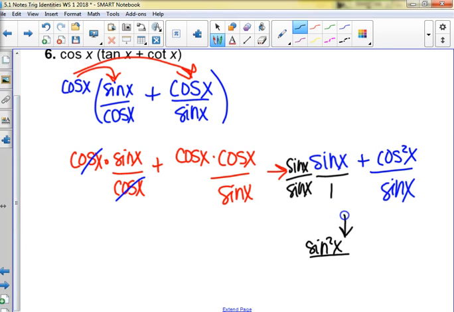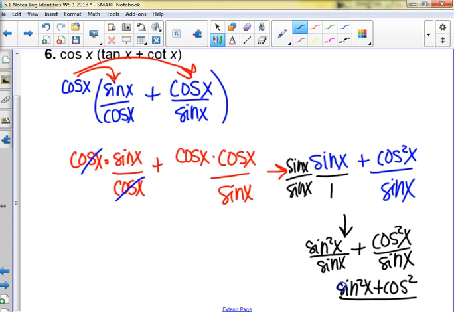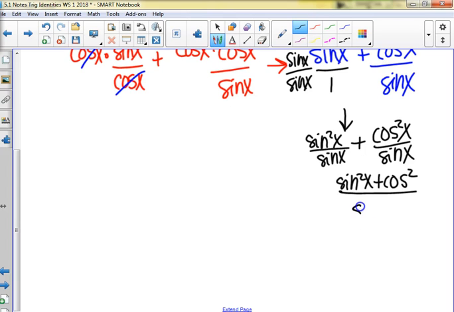Sine squared over sine plus cosine squared over sine, which most of you wouldn't have bothered to write out because what the top is now sine squared plus cosine squared all over sine, which is 1 over sine, which is,